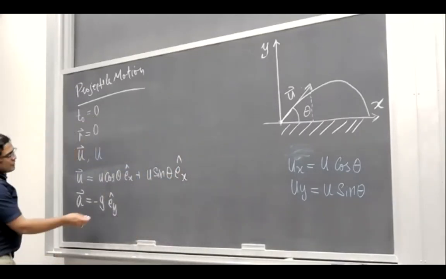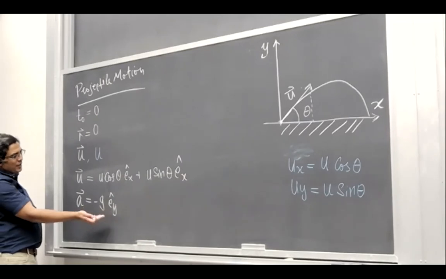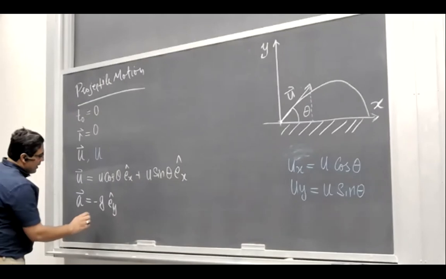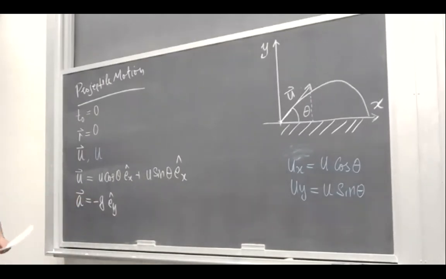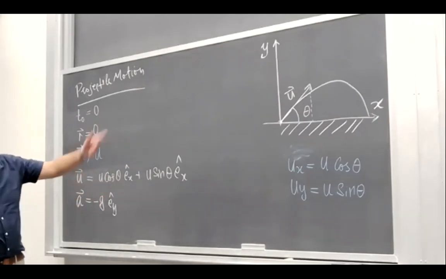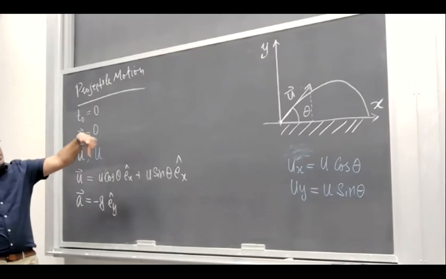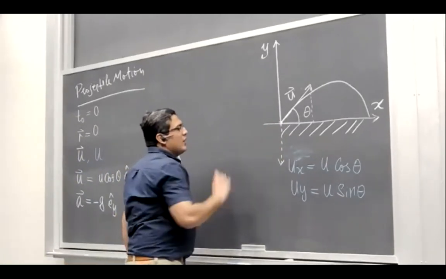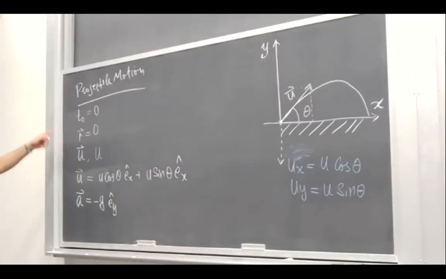So before we had the confusion, g here is just the magnitude, 10 meters per second square or 9.8 meter per second square, depending on your choice. But the negative sign shows the direction. Now it's very clear. So once you start dealing with vectors, then you're not confused, because it's just a vector that is pointing downwards with g length, right? So this is all what we know about our problem.